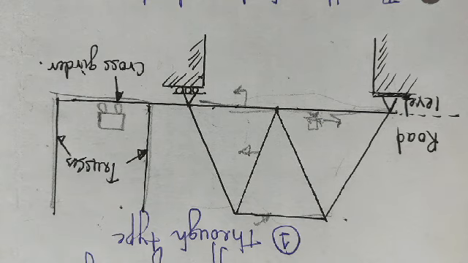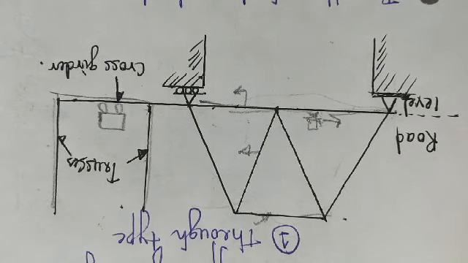Now how do we do the analysis for the influence line diagram? It can be done in two ways, either by method of joints or by method of sections. Next important thing is, whatever influence line diagrams we have calculated for the beams, especially the influence line diagram for the reactions, is the same for the trusses. The same influence line we are going to use.